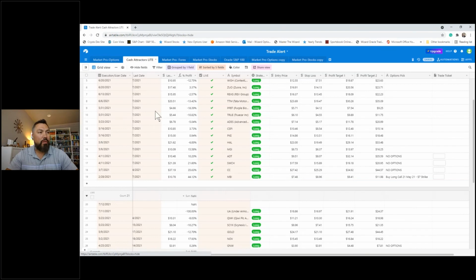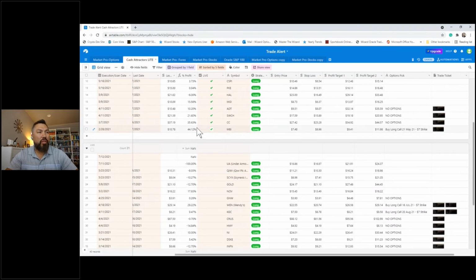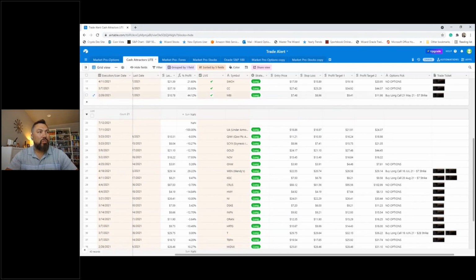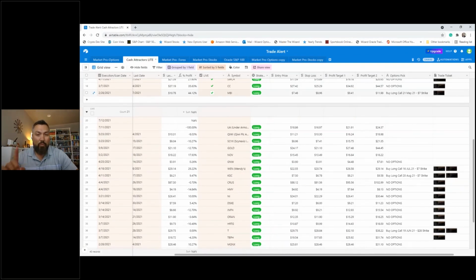Okay, so if you take a look here, here is NBI down here. You see this trade? So we sent this out. We send you the symbol to trade, when to get in. See, this stock is still active. It's up 44% at the time we updated this, 44% on the stock. That was in about 4.5 months, up 44%, just that one single stock trade. We give you the entry price to get in. We give you the stop loss.